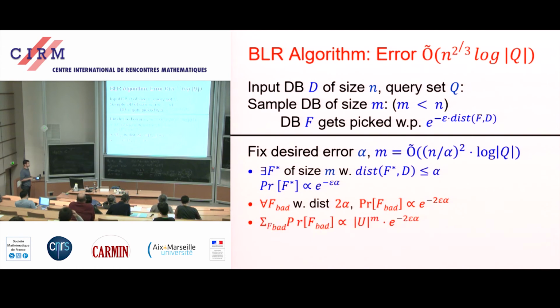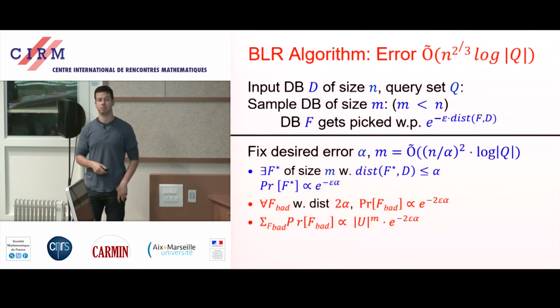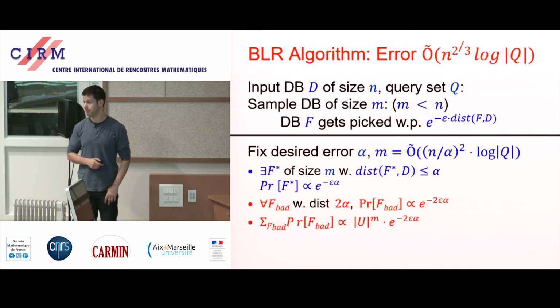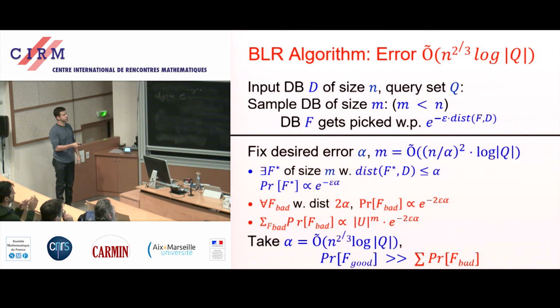In particular, I can just union bound over all the bad data sets, and the probability that this algorithm outputs any bad data set is at most, by a union bound, the number of data sets times the probability of each of them that is bad. That's a simple union bound, so that's my probability of outputting a bad data set. Probability of outputting a good data set is at least this, because there's at least one data set that's good and gets this score. And by picking alpha, the smallest error for which this term wins over this term,